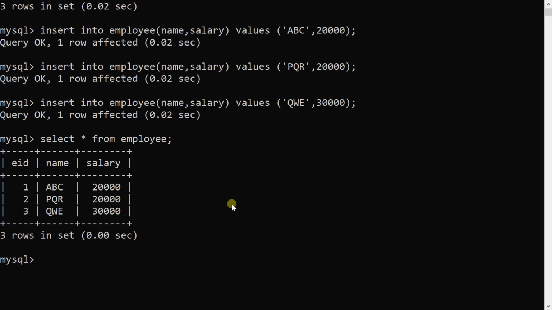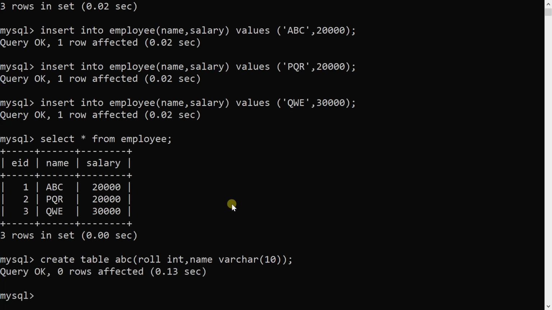If I want to add the auto increment feature later, that can also be done by using the alter table statement. If I create another table, create table ABC into bracket role int, name varchar, I will take only 2 attributes, role and name.